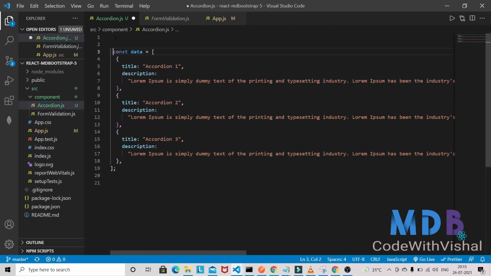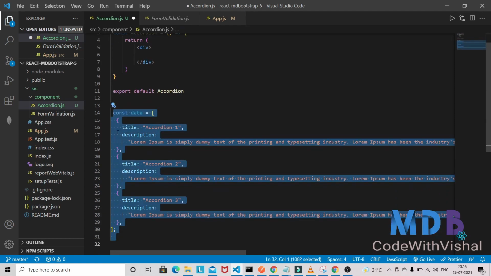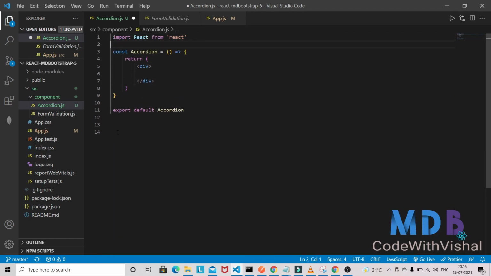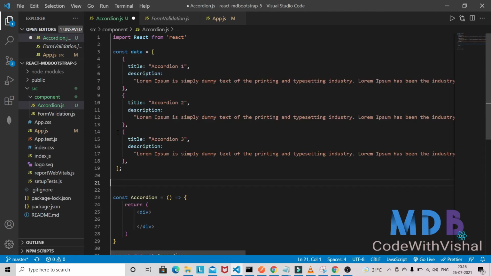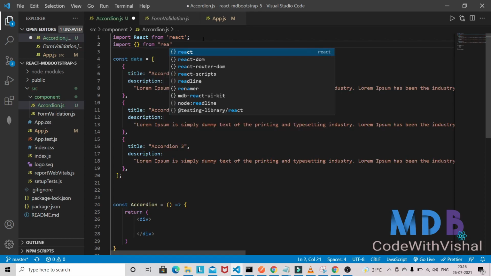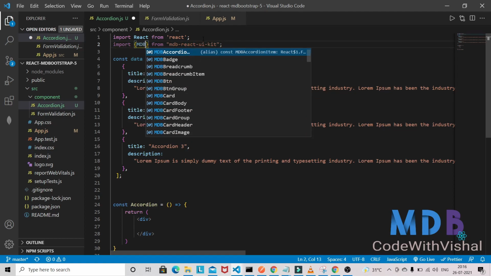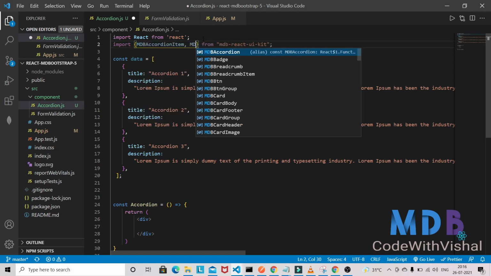So first I will generate a React snippet, RFCE, and this data goes here. Let's put it here, and from Material Design we need some components. So let's bring that one, MDB React UI Kit, and we need MDBAccordionItem and MDBAccordion.